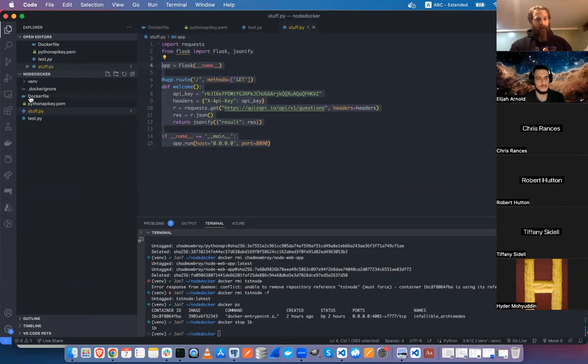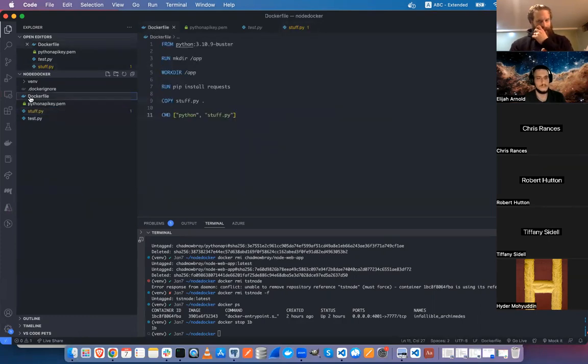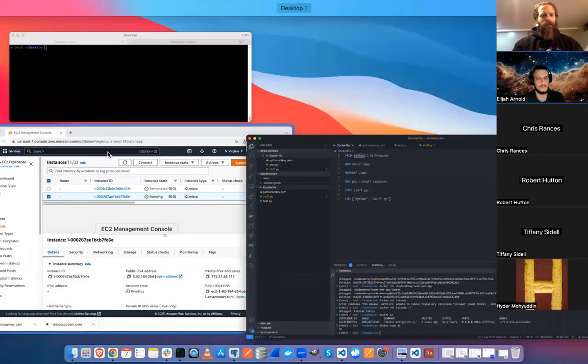But what I want to do is containerize it to make sure basically it will actually work in production, not just locally on my machine. So here's the Docker file. So I just chose more or less at random a Python image. So I'll go to